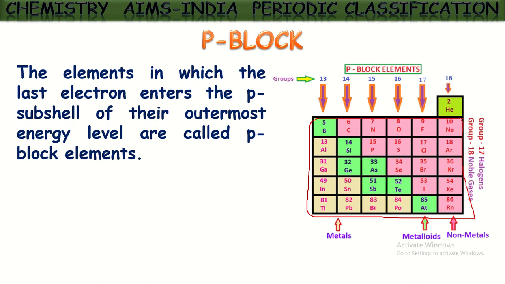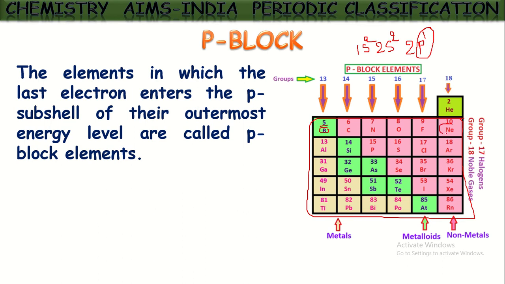What does it mean by differentiating electron? The last electron or the valence electron. Let us see one example. If we see boron, we know its atomic number as 5. If you write the configuration, 1s2, 2s2, what do we get? 2p1, which means it is having its valence electron in the p subshell.